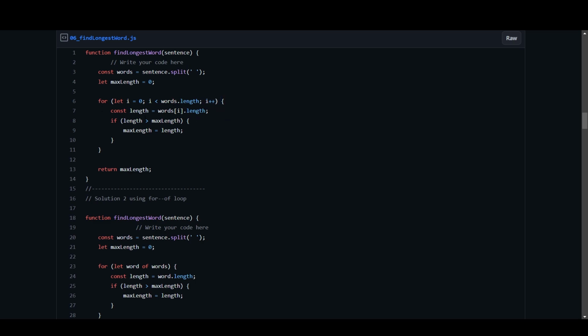const length equals words[i].length. This line will give us the length of every word in the array. First we will get the length of the first word, and then it will go into an if condition where we'll check if the length of the first word is greater than maxLength. As the starting maxLength is already 0, then maxLength will change to the length of the first word,